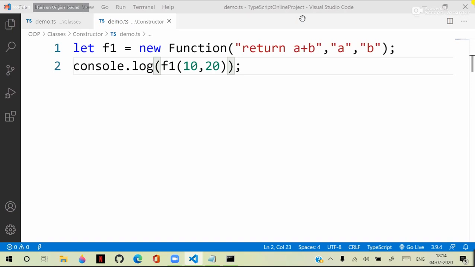We have to follow the same tradition and the same functionality to handle the